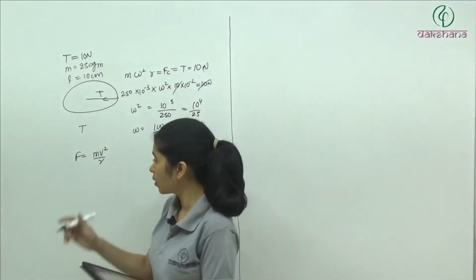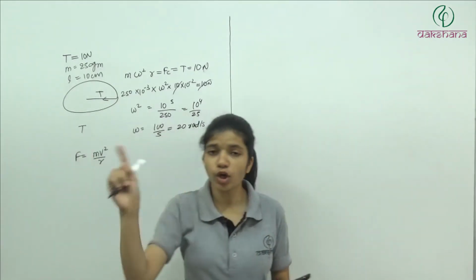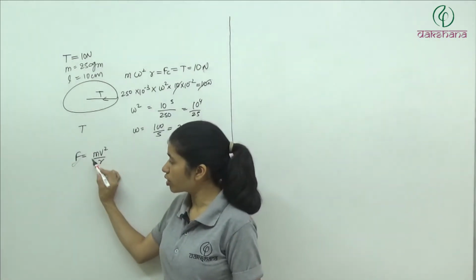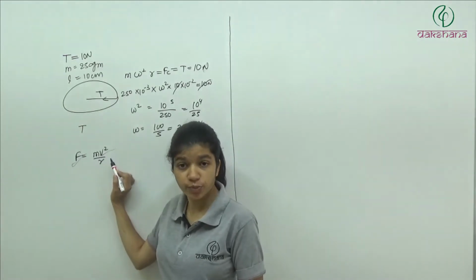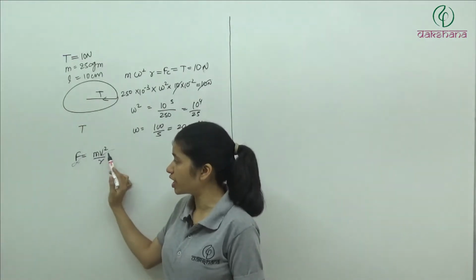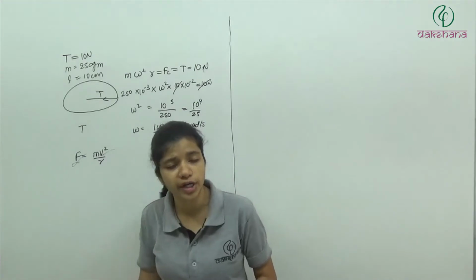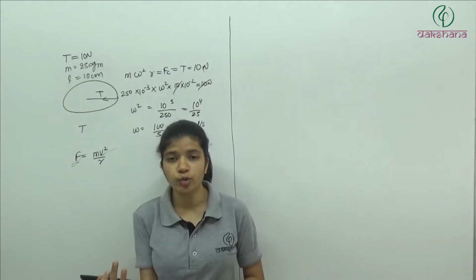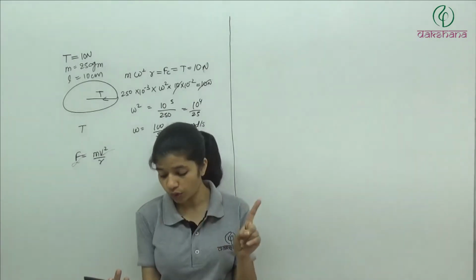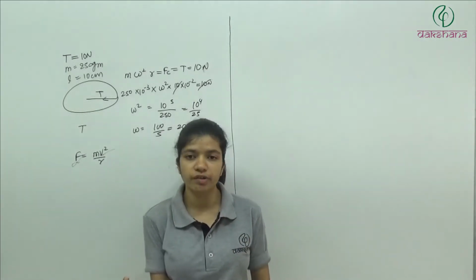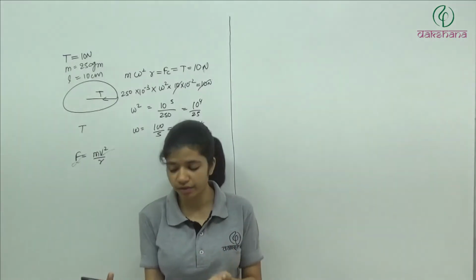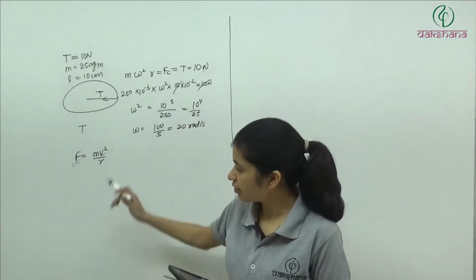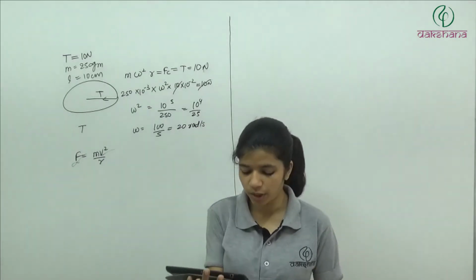Second, variable speed and velocity. So if centripetal force is constant, we are moving the object in a circular path. So circular path is fixed, r is fixed. So if F is constant, speed is constant, because m and r are already constant. So v is constant. So second option, variable speed and velocity? No. Third, variable speed and constant velocity. Again wrong, because they are saying constant velocity. Fourth, constant speed and variable velocity. Yes, the speed will be constant but velocity will be variable.